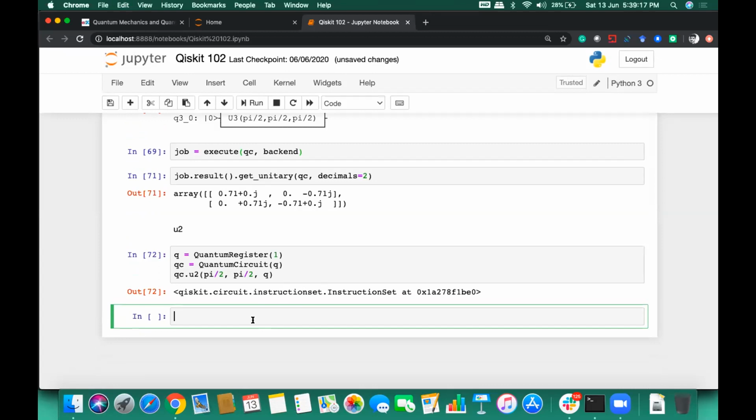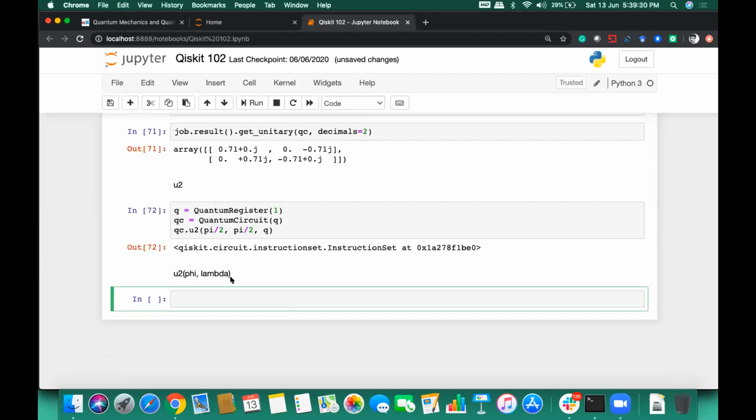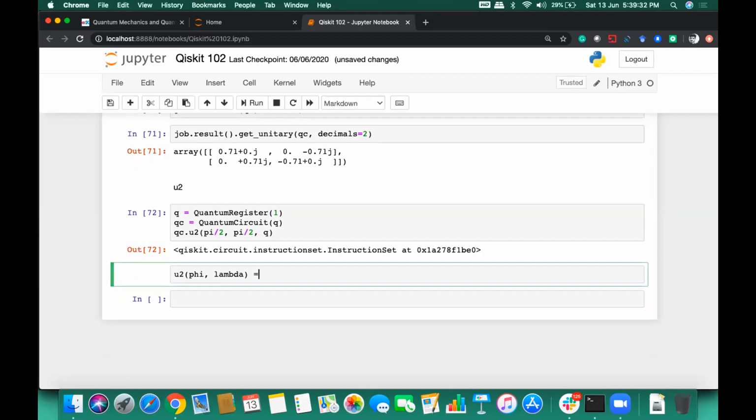So U2 is basically represented as a function of phi and lambda. I cannot draw the symbol here, that's why I'm just typing it out. Okay, and U2 of phi and lambda is equivalent to the unitary 3 gate. For the variable name, instead of lambda, put something like lambda1, since that is a keyword and it will get confused.